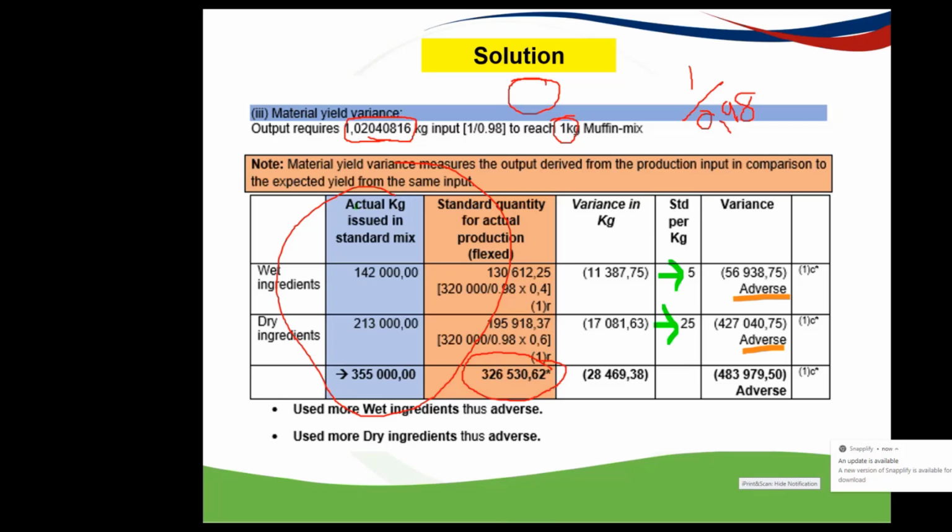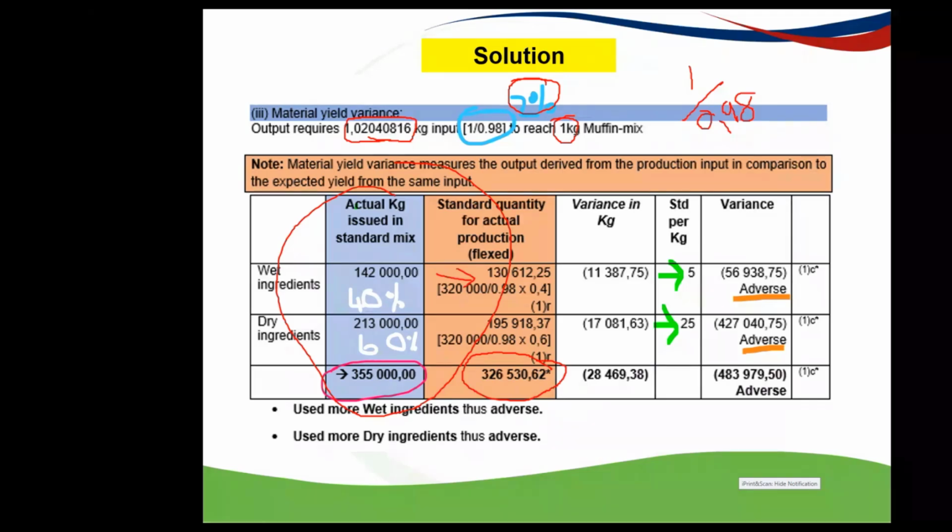Okay, so I basically took the 320,000 and I divided by 0.98. Then I split it into 60% and 40% to get the 130,612 and 195,918. Okay. So now, based on my actual input required for my actual output of 326, I've split it 40-60, and I'm comparing it to the actual issued